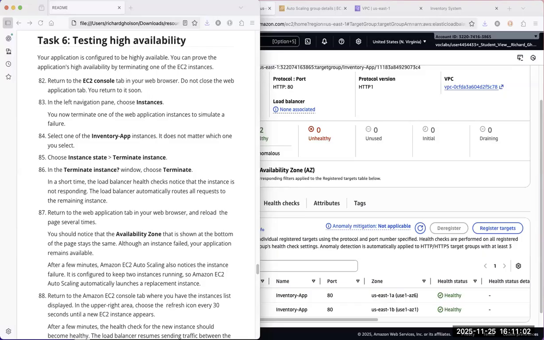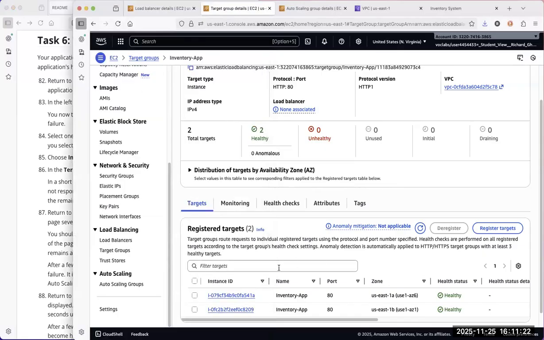So another test we're going to run, we looked at some tests earlier. Now we're going to run a test. What happens when we terminate an instance? So let's say an instance is marked as unhealthy, right? We're going to make one unhealthy by terminating it, and we'll see that it gets marked unhealthy, and then it'll ultimately be replaced. So here we can see our target group, and we can see that we have two healthy